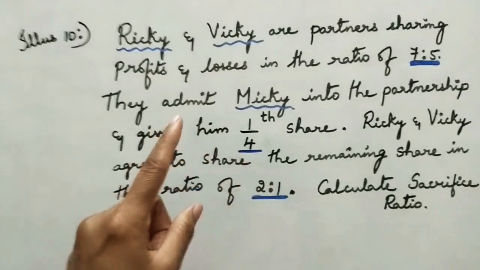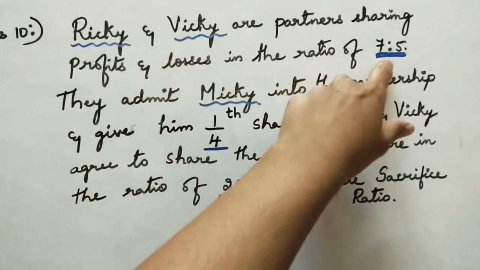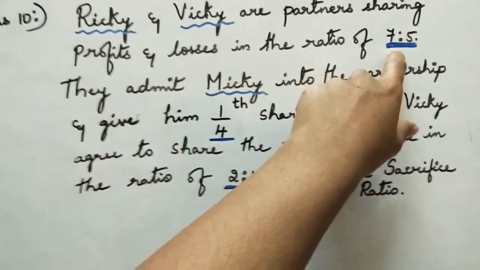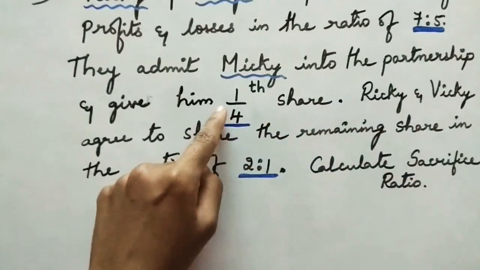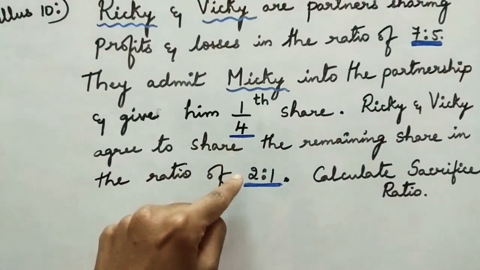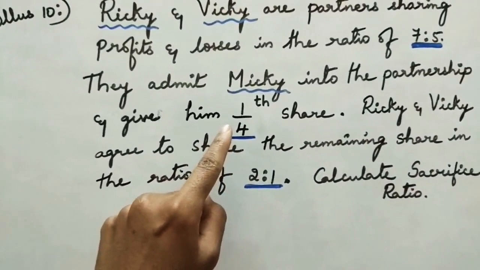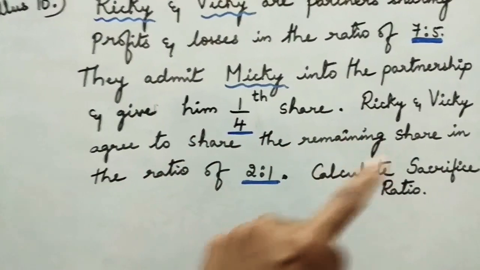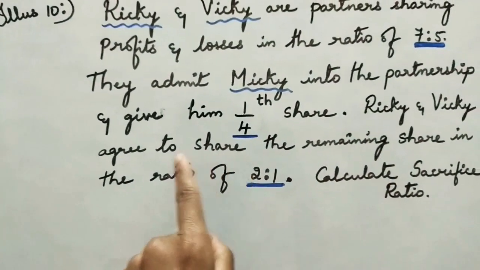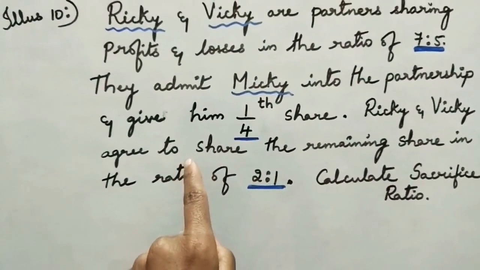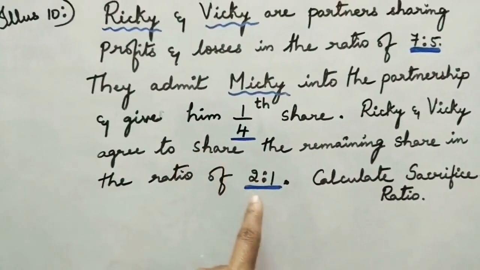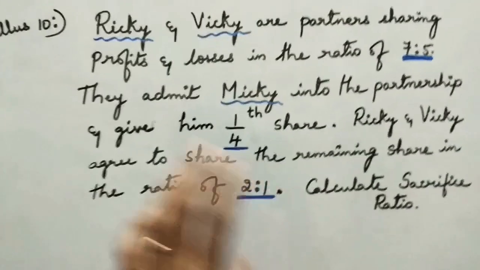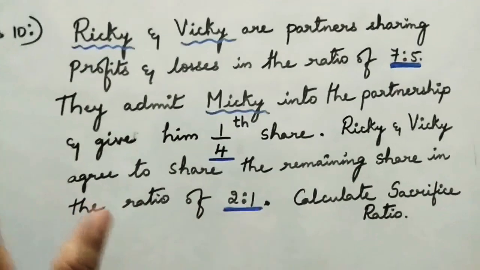Yes. But in this question, we have the old ratio, but instead of new profit sharing ratio, they have given the share given to the new partner and the remaining share which was agreed by the old partners to share among themselves is 2 is to 1. So let us see how this is going to be